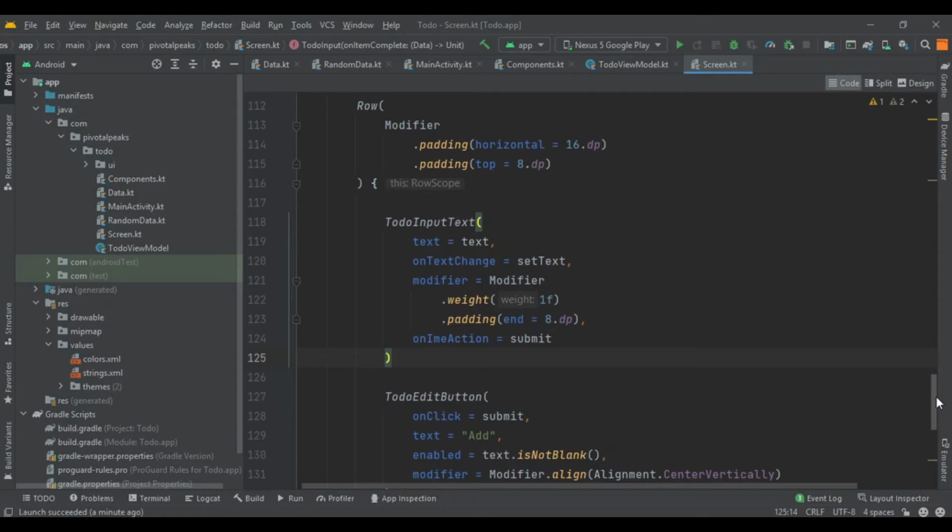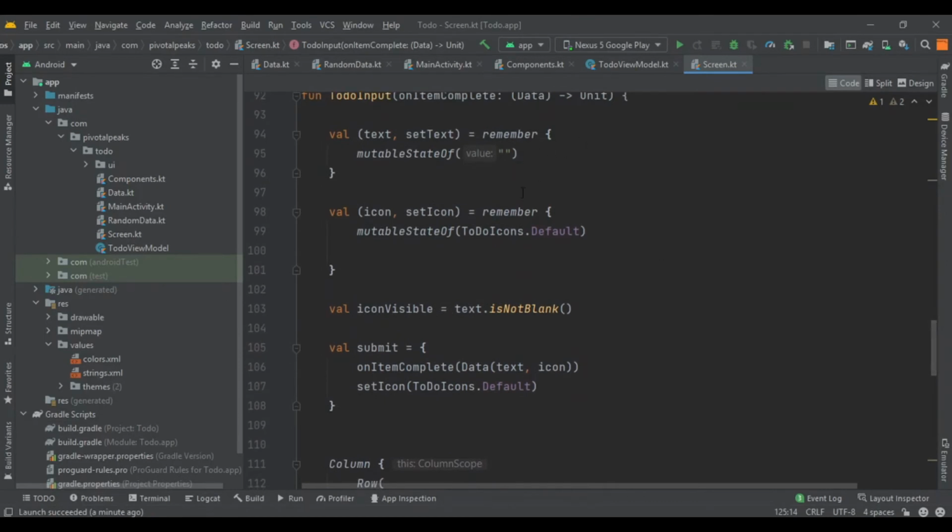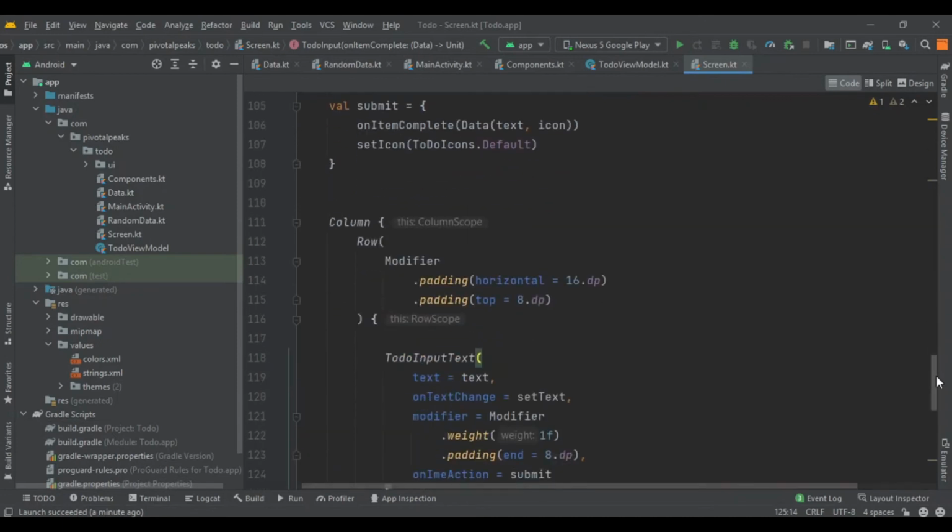To do that we need to hoist the state from the to do item input, and I have already explained what hoisting means. We can split the composable into two parts, one that has the state, which is this part, and the other is the UI part.